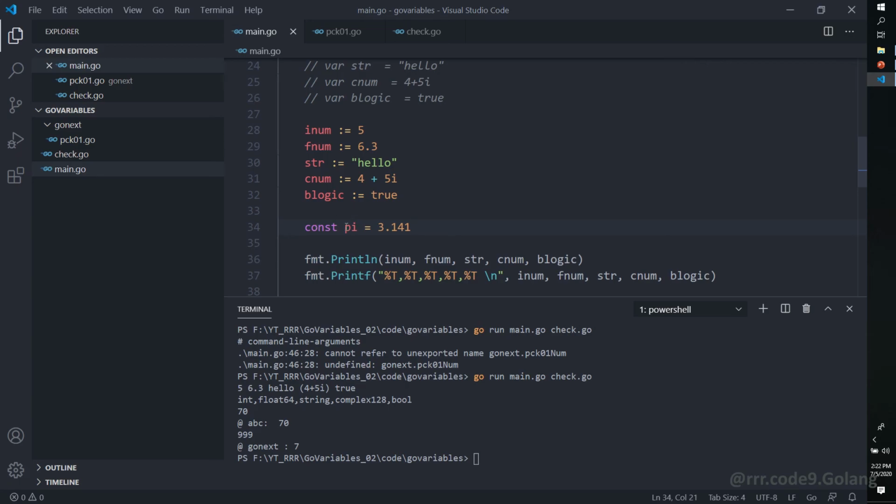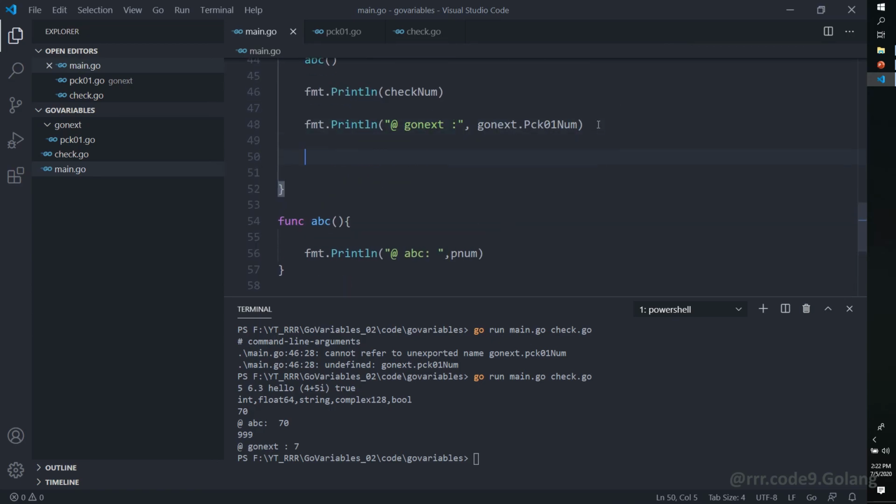Okay, so for a constant we have to write explicitly like this. We don't have any shorthand declaration for constant. The shorthand declaration colon equal to is reserved for variables. So we have to define like this: const, the name of the constant and the value of the constant.